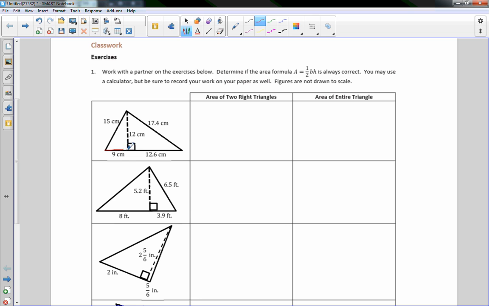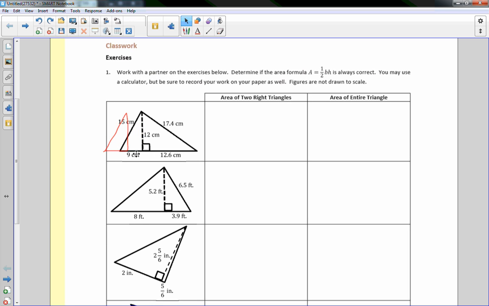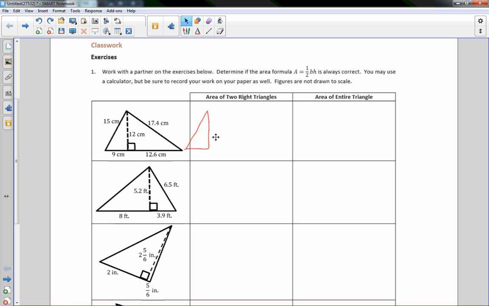So if you see, there is a right triangle right here. It's not a very good picture of one, but that is the left side of the triangle. I actually don't like that at all, so I'm going to try that again. There's my base, this is height, and this is the hypotenuse. Okay, that's much better. So there is the one triangle. And then if I draw the other one,